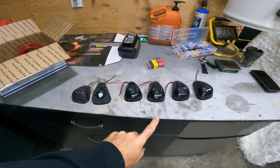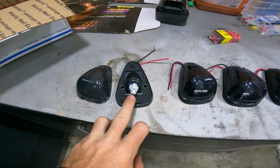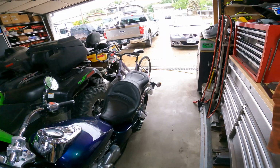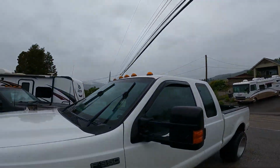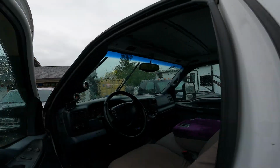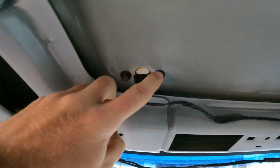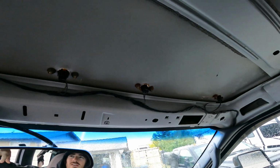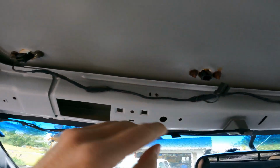Okay, so we've got all 5 cab lights sitting right here. Smoked lens with an LED white light inside of them. So no amber, pure white. Show you guys what we need to start with on the truck out here. So obviously you'll see they're mounted to the top, but if you go inside, this is what's holding them on. So we need to loosen all these, pull them off the top, and then we'll need to rewire all these electrical clips. So I'll pull all these out right now,